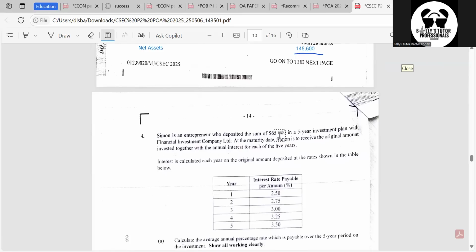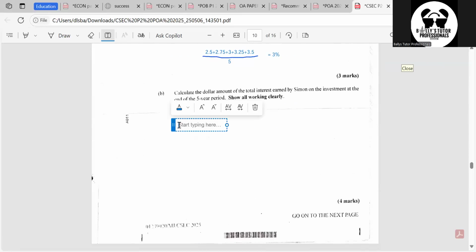You get the picture. So let's see. Year 1 would have been 65,000 by 2.5%, which is equal to 1,625. Year 2